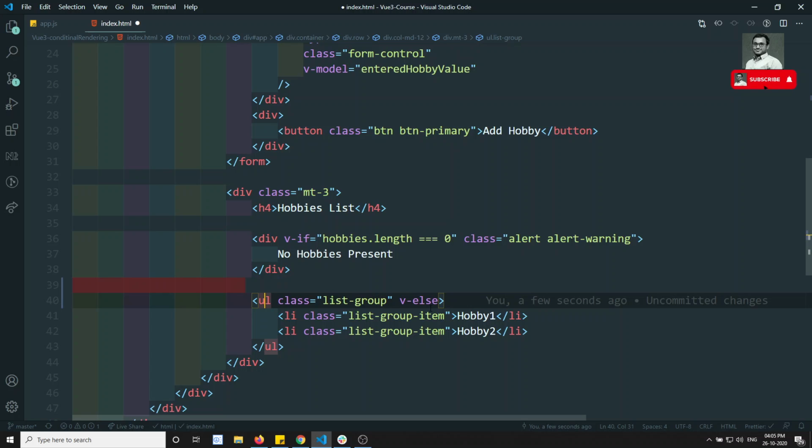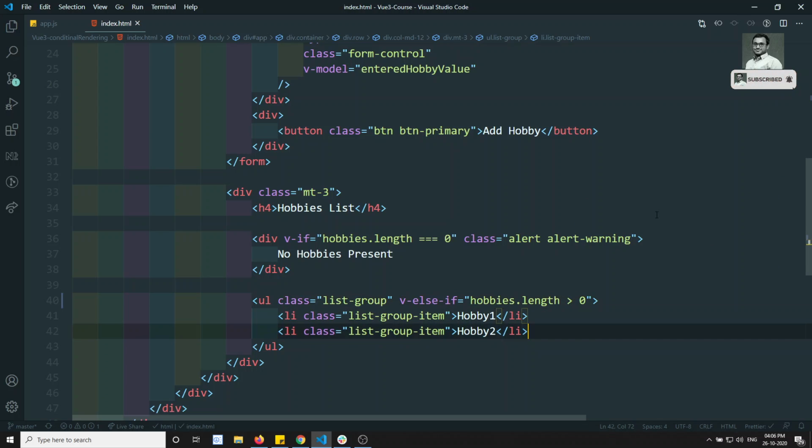Apart from this if and else, we also have another condition, that is else if. Same as in JavaScript where we have if, else if, we also have the else if condition in the Vue.js HTML template. So here we can check hobbies.length is equal to 0, then we present like this. And if you want, we can write hobbies.length greater than 0.